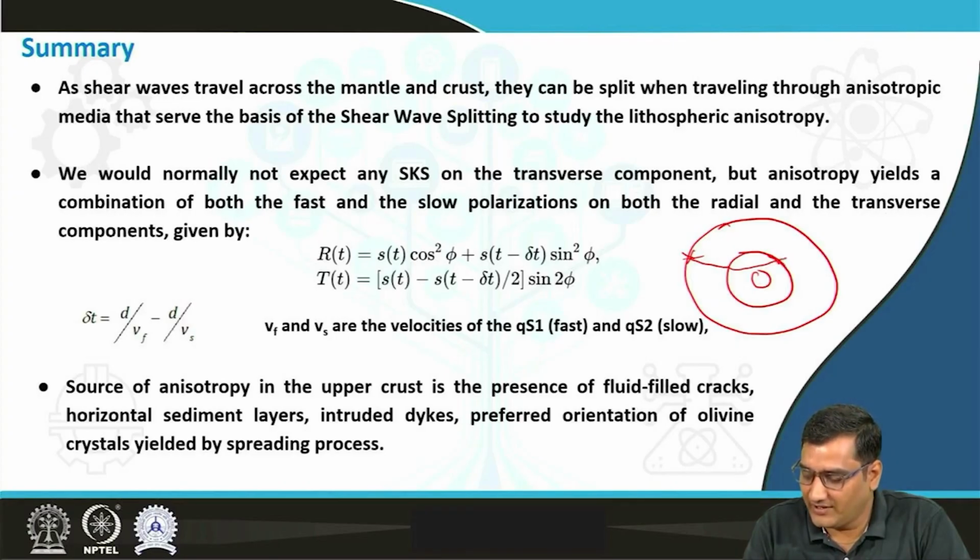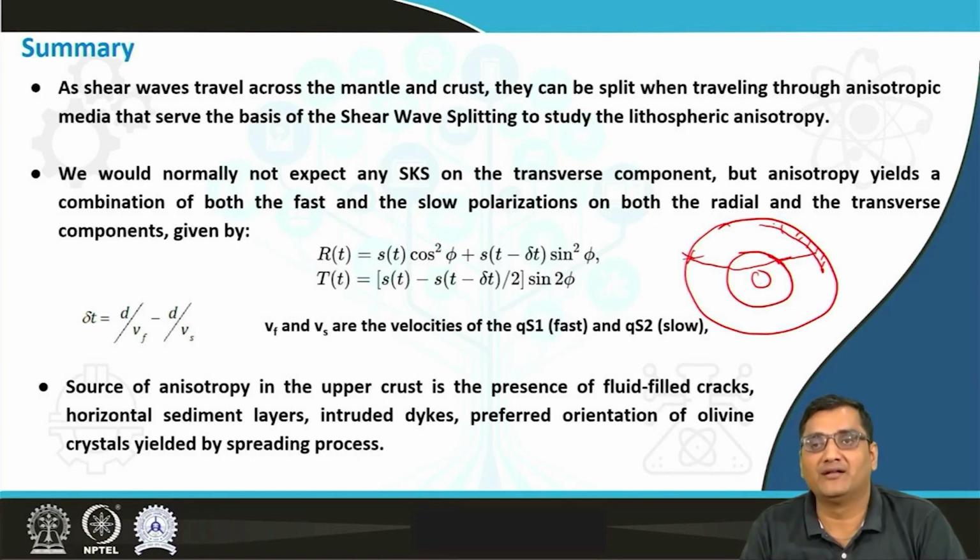So it will go as an SV wave into the mantle, and if there is anisotropy present in the upper mantle in this particular region, this SV wave will split into its components, the quasi S1 fast wave and the quasi S2 slow wave, preferentially in the direction of the olivine crystals. Those are prominent in this anisotropic region of the mantle. After it enters, the quasi S1 fast wave will travel faster than the quasi S2 wave, and as soon as it comes out of the anisotropic material,